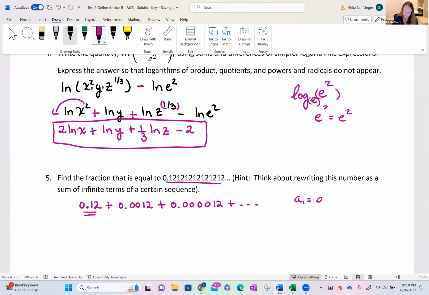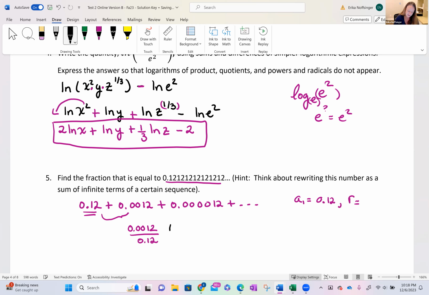That is going to be 0.12. Let's show this is a geometric sequence. And so let's figure out what R is. So if we take a term in our sequence, 0.012, and divide it by the term right in front of it, 0.12,